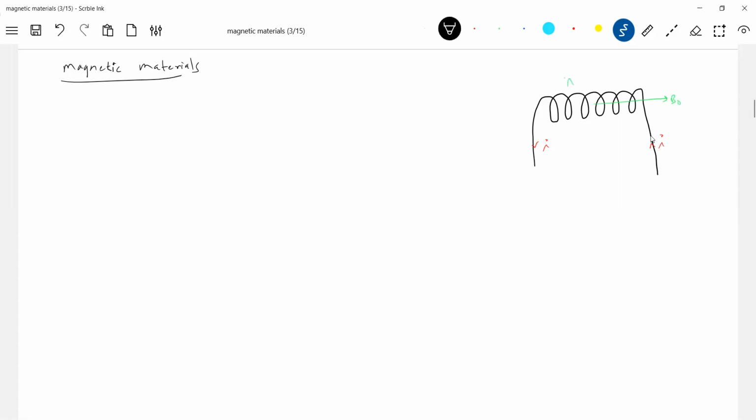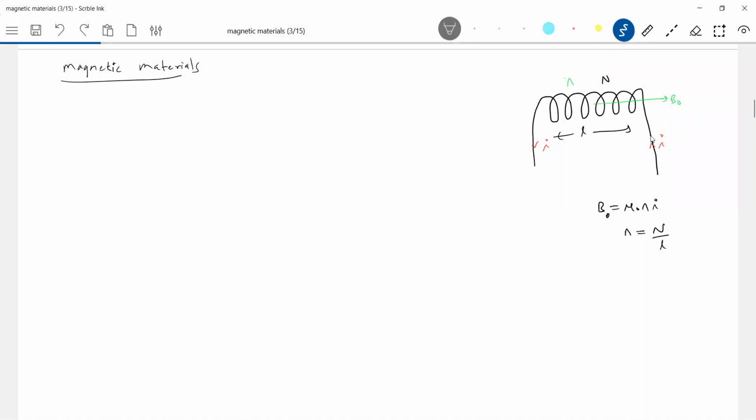So what is the expression for the magnetic field? B equal to mu naught N i. What is N? The number of turns per unit length. Let L be the length and let N be the number of turns. Now, as I vary the current I, this B naught will vary, definitely. So first I'll define it. What should I call this B naught? The magnetic field intensity, or a magnetizing field. Any name we can give it?